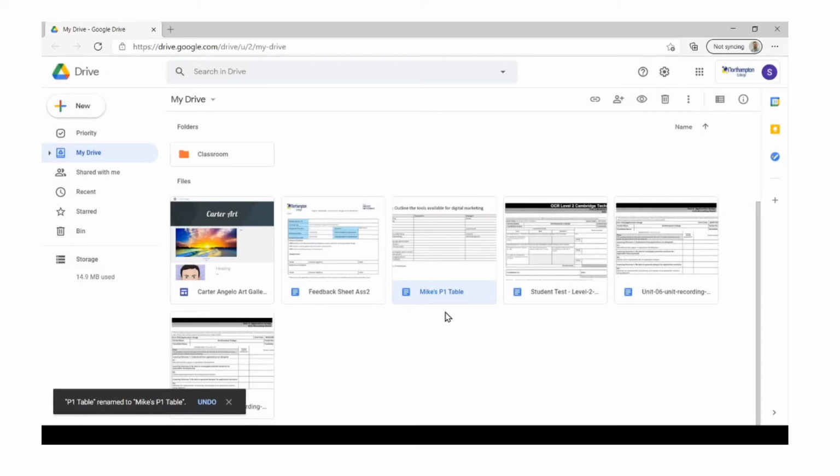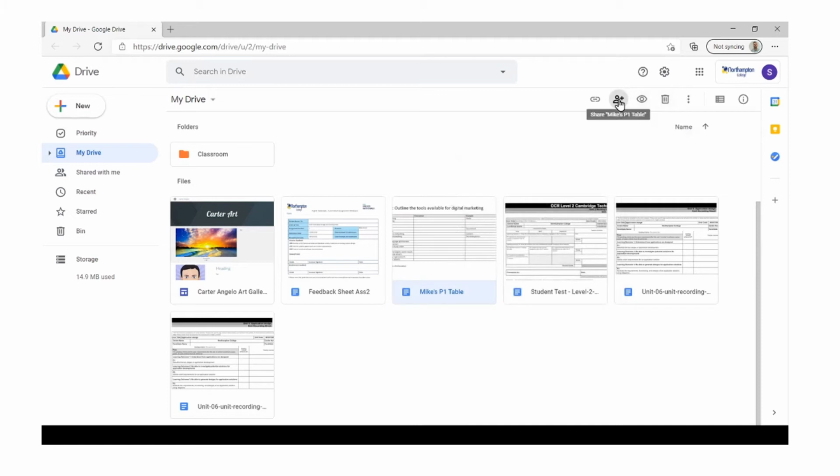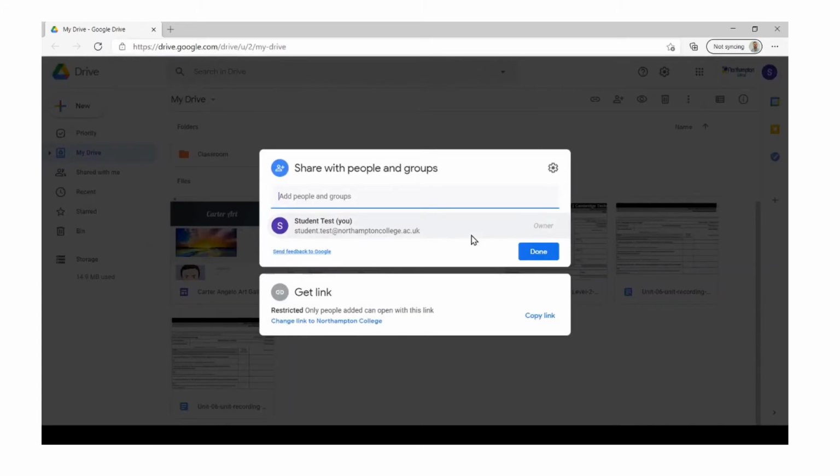And one of the things we tend to do a lot is share files. So if you want someone else to have view access or edit access to that file, then you can do that quite easily. And there are a couple of ways you can do this. Again, you can right click the file, click the share option that pops up on the menu, or you can click the icon up here on the top toolbar, which does exactly the same thing, or you can press the full stop on the keyboard, the dot, and that will take you to exactly the same place. And then of course we can share that with somebody else,